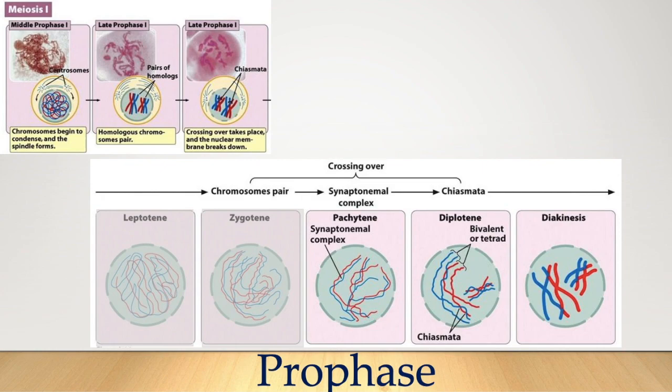Crossing over is taking place between the zygotene and diplotene substages in prophase 1. Remember, crossing over is when these homologous chromosomes exchange genetic information, almost like a handshake or a high five. Each location where the chromosomes cross is called a chiasma. Yes, and crossing over creates genetic variation, which we'll talk more about later, and is essential for alignment and separation